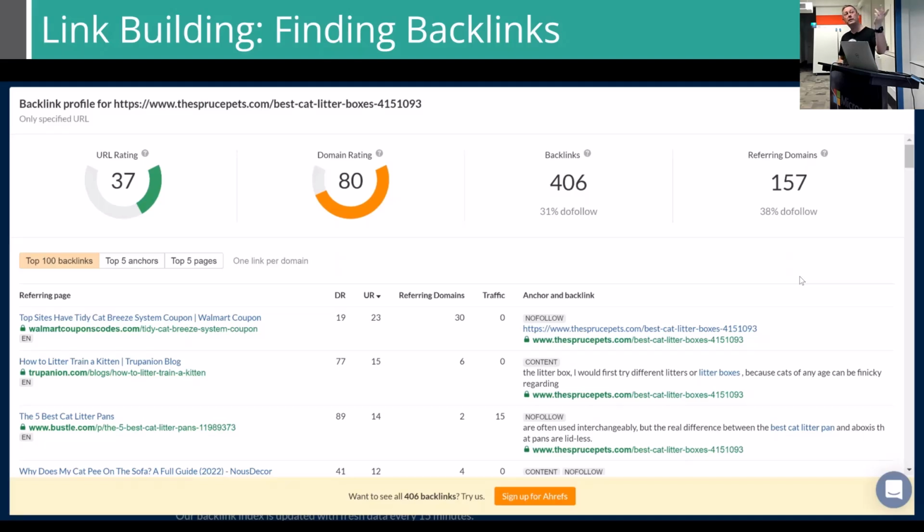With no follow, you put no follow in if you're writing a blog post and you've got some reference links that are useful for your article, but they're not particularly lending any credence to your content. You want to mark those as no follows. You're saying to Google, look, these are helpful, but they're not contributing to the content or relevance of my website, basically. So when you're doing this research, you probably don't want to do the no follow ones unless you can try and convince them to change that to a follow, which is really difficult.